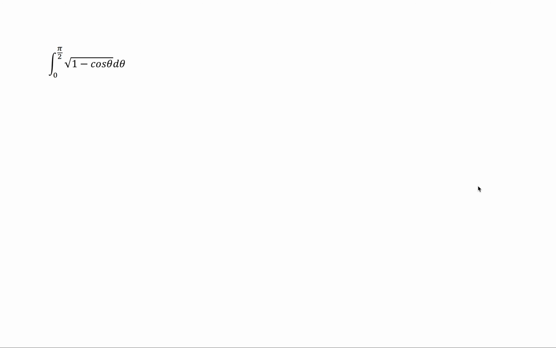Next example here, we're asked to integrate from 0 to pi over 2 the square root of 1 minus cosine theta d theta. This one, we're going to use some trig identities, and in particular, we're going to use the fact that sine squared theta